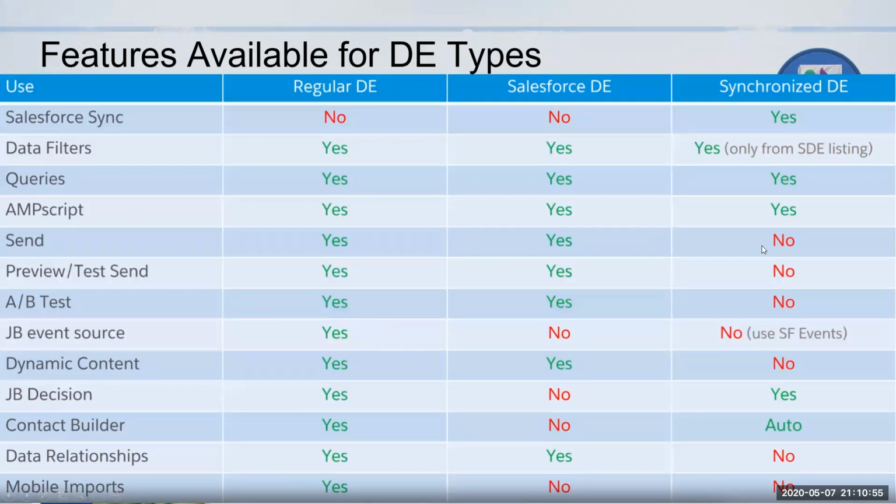Even with a synchronized DE, you cannot directly send an email. So for instance, if you get a contact through a synchronized DE directly into that particular data extension, you cannot use it. There is a different way in a journey, where you can use an entry event and then do it, like if you are using a Salesforce event, which we will cover. But if I have a contact or lead synchronized data extension and I try to use that in my email send, you will not be able to use it. So this is just a high level view, to keep this very useful. In future, if you're working in Marketing Cloud, you need to know which data extension types you can use for your sends and all that.